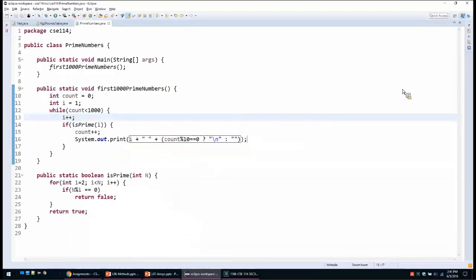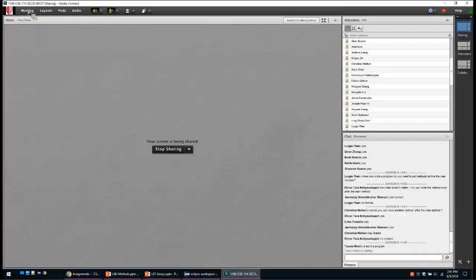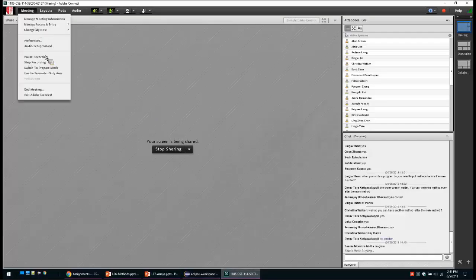We developed top-down. We needed a method first1000PrimeNumbers. We left it as a stub. Then we implemented the base method isPrime. Then we implemented bottom-up the first 1000 prime numbers, and we have the complete program. So let's record everything and post it on